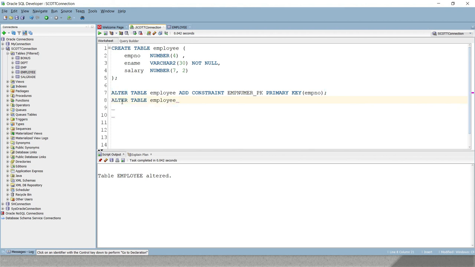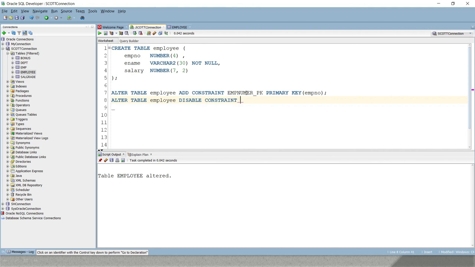You will have to write ALTER TABLE, the table name, then DISABLE CONSTRAINT and the constraint name.